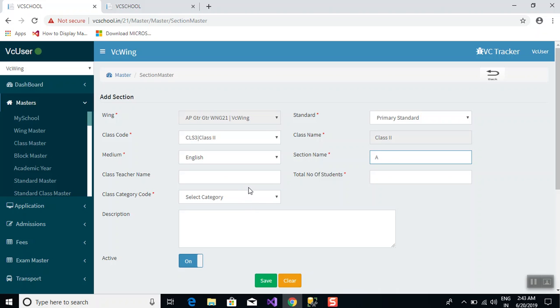Class teacher name. Here class teacher name is not mandatory. Here we need to give total number of students. How many students need to be in that section? That we need to insert here, 25 members. Here we need to select class category. Here class category means